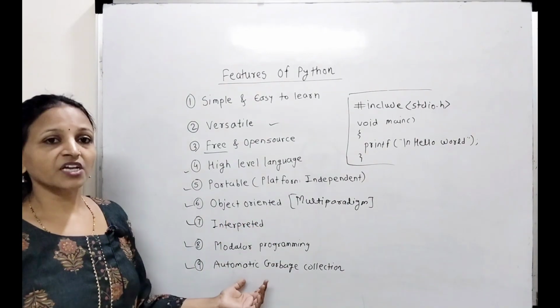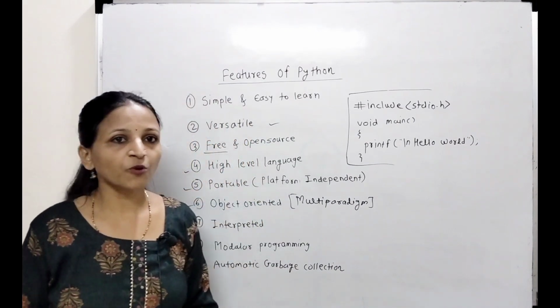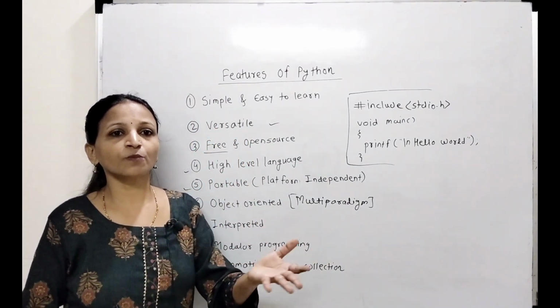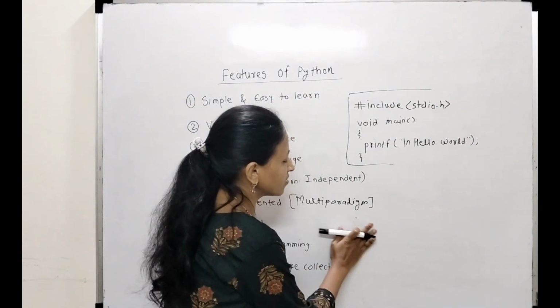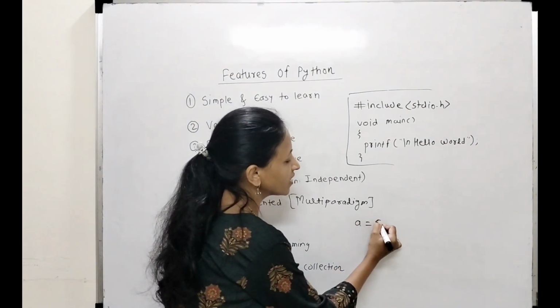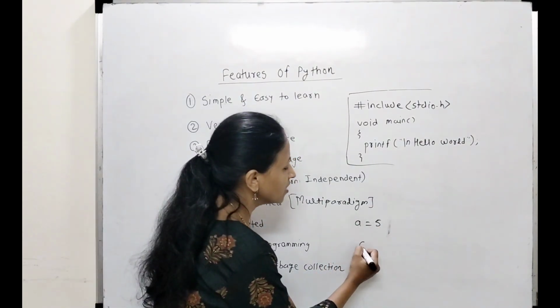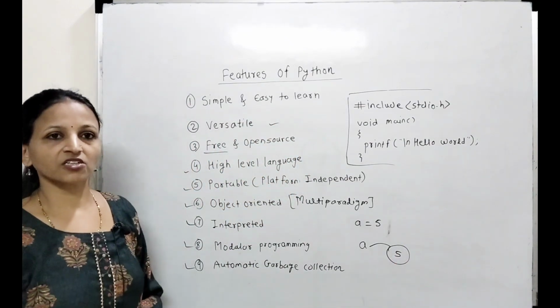Okay, means in Python we are creating different objects. Means everything in Python is in the form of an object. Suppose you are creating any integer variable, then that will become an object of type class int. Suppose you are creating an integer. In case of Python you have to write like this: a equals 5. Okay, then a is a reference and it is pointing to the object 5. In this way the internal structure is there.